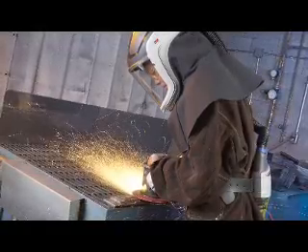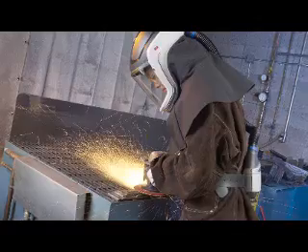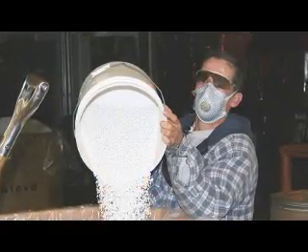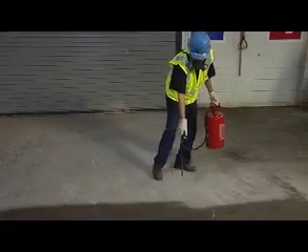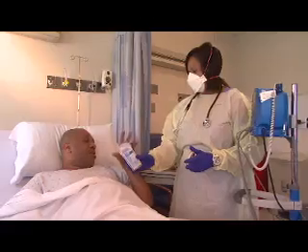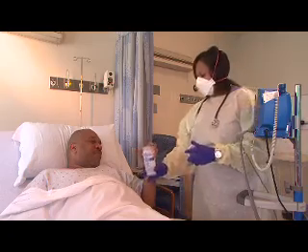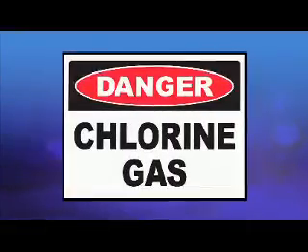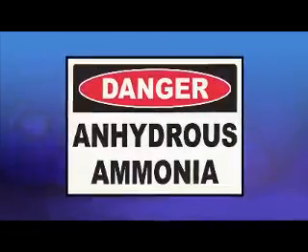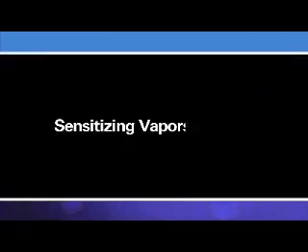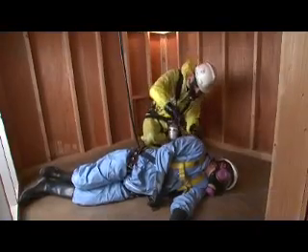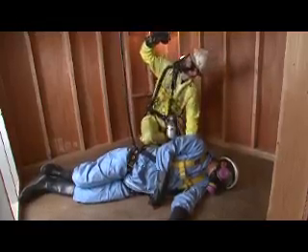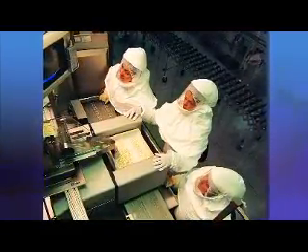More examples of respiratory hazards in general industry include, but are not limited to, dusts, such as those found when adding dry ingredients to a mixture, metal fumes from welding, cutting, and smelting of metals, solvent vapors from spray coatings, adhesives, paints, strippers, and cleaning solvents, infectious agents, such as tuberculosis bacteria in healthcare settings, chemical hazards such as chlorine gas and anhydrous ammonia in chemical processing and use operations, sensitizing vapors or dusts such as isocyanates, certain epoxies, and beryllium, oxygen deficiency, which might be found in confined spaces, and pharmaceuticals during the production of prescription drugs.